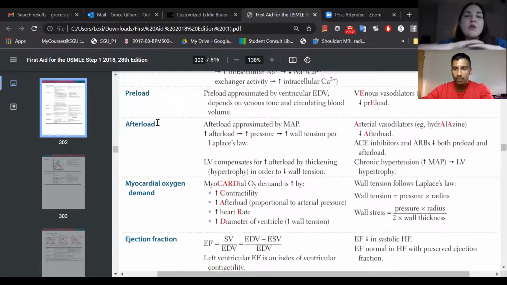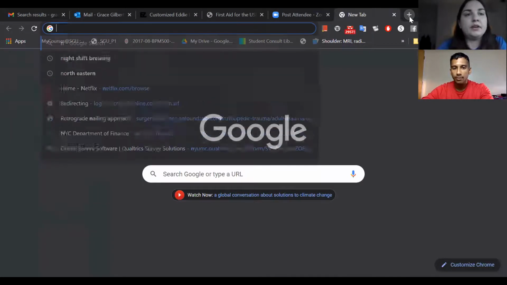Okay, so think about arteries and your aorta as, even though this isn't technically true, they don't really change that much, unless you have a disease or something that's actually holding it. The only thing that's going to matter is your arterioles. Okay, so if we're writing this out, we're going to say the afterload equals arterioles. And we're also going to say it's approximated by MAP, and we're going to use the A in MAP. So let me open up